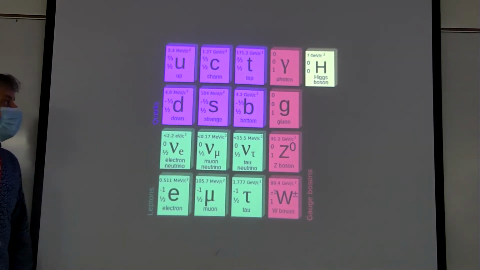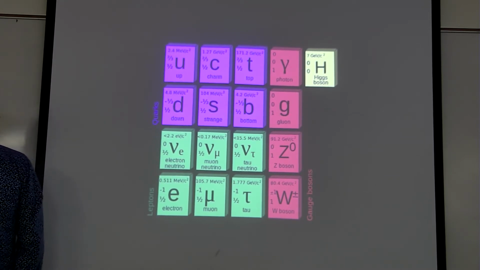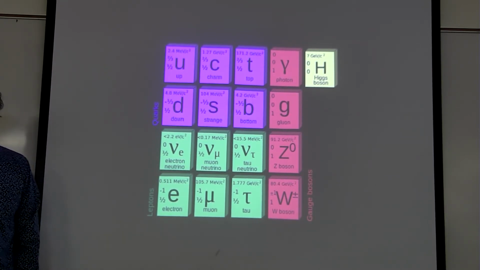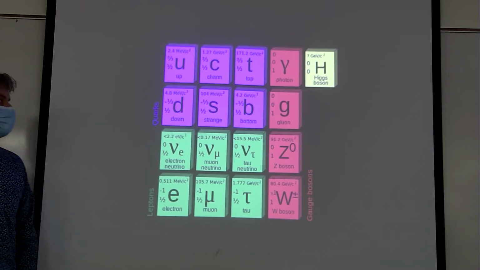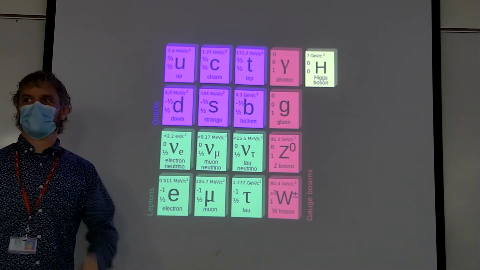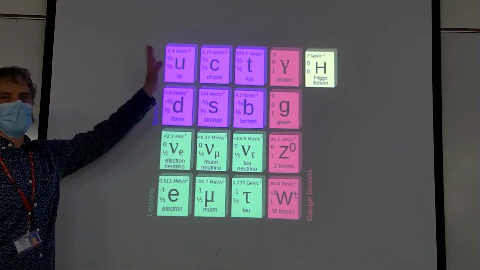This is the standard model of particle physics for those of you that are interested in that kind of thing. Particle physics, in my opinion, is maybe the hardest thing to learn, to understand. It's just crazy. It's really weird. It requires quantum mechanics to actually do. But these are all the particles in the universe.